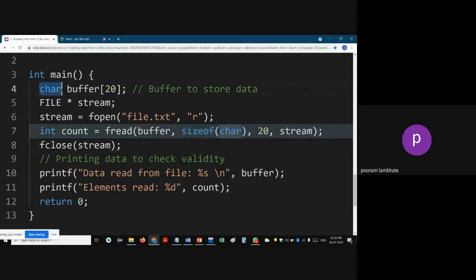The data type of the array is here what? Char. So sizeof char. And in total how many elements can this array hold? 20 elements. So that is the third parameter. And the last parameter is the file pointer's name, that is stream in this case. Right? So 4 parameters: the address of the data structure, that is the address of the array, then the size of the data type, that is the character size, that is the second parameter, then the number of elements of the array, and then the file pointer. Okay, so using this, you have been able to store the complete array inside the file. Okay,